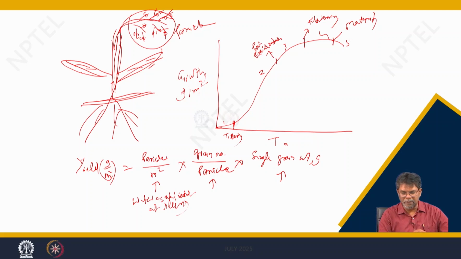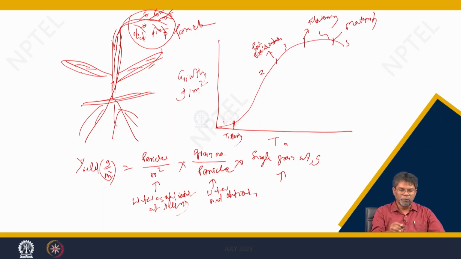Next stage comes grains per panicle. To have more grains per panicle, this is the panicle initiation stage, where the panicle forms. This stage is very important, because it decides the number of grain formations, so input management matters here. This stage also needs water and nutrient management. It needs optimum water and nutrient management to maximize the grain number per panicle. If you take care of these two stages, then you can maximize production.